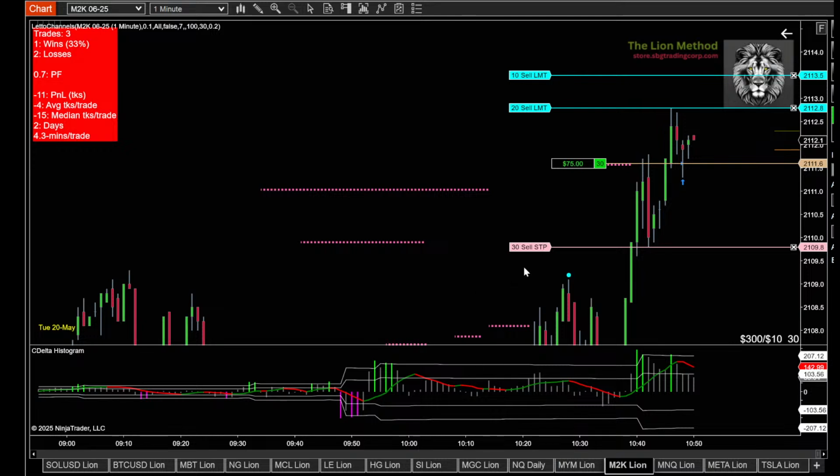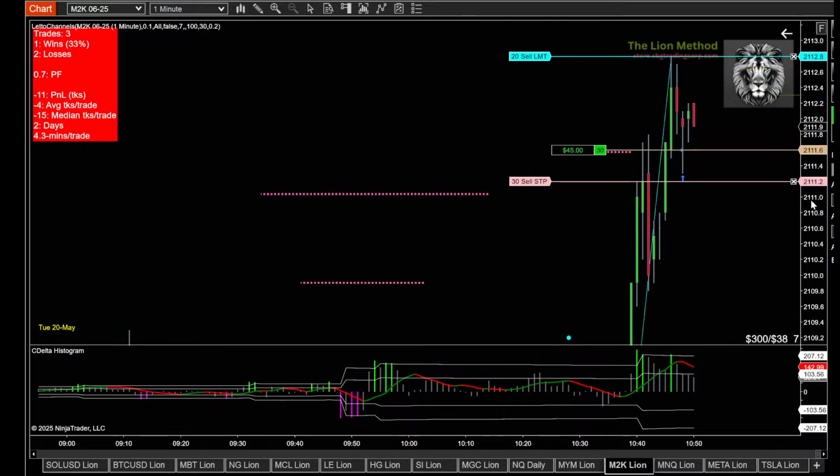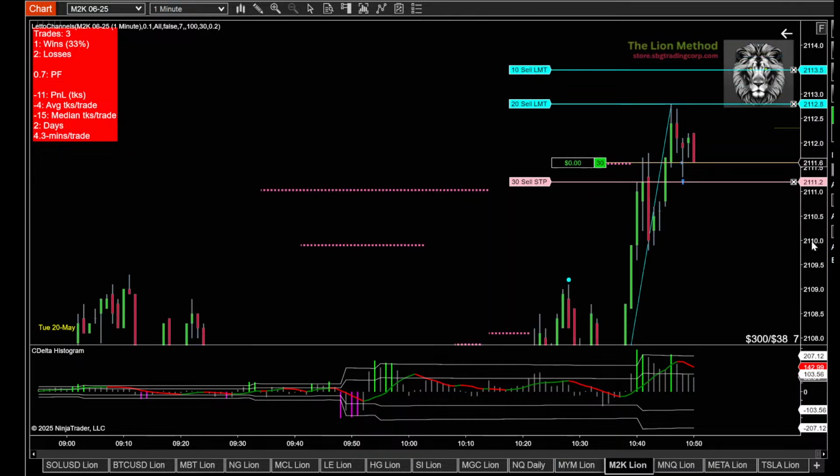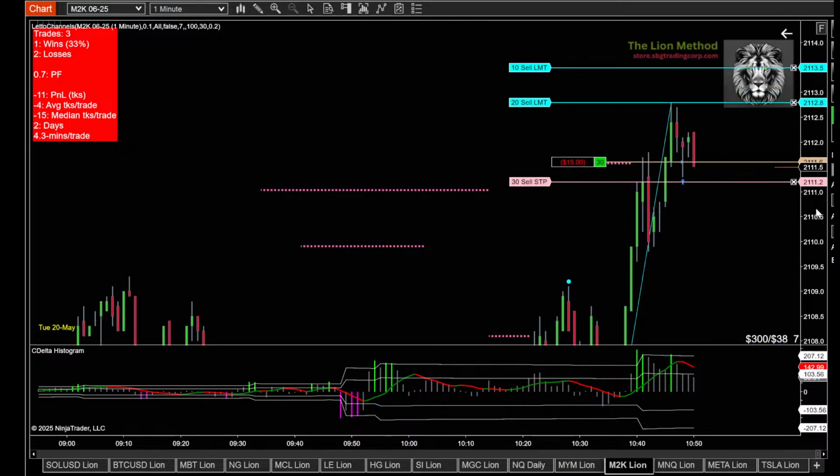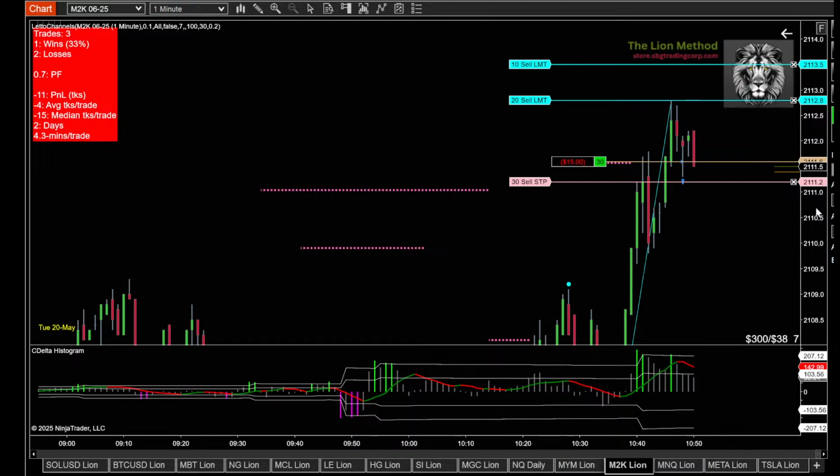And if the Russell reverses, let's get conservative. We'll put our stop just there. Always trade with a stop. They will protect you. Sometimes too much, but